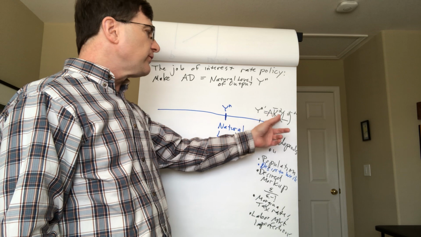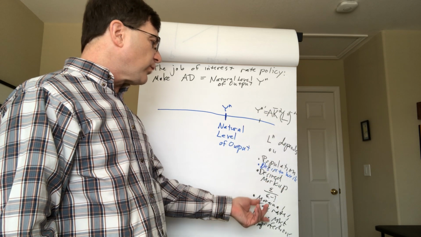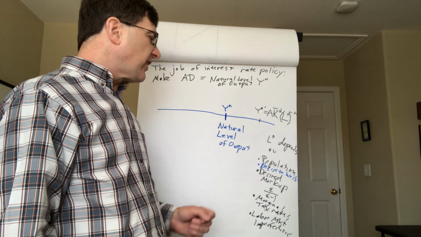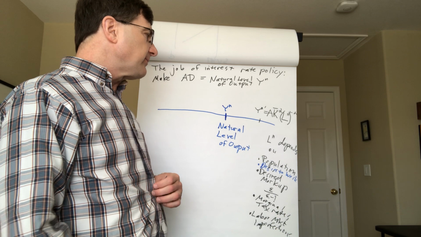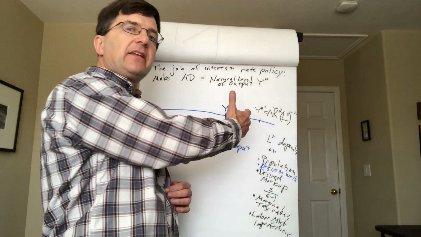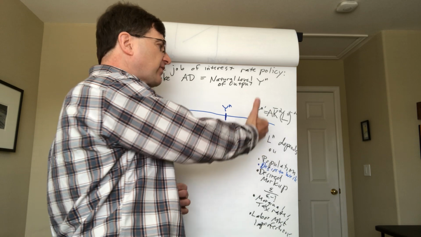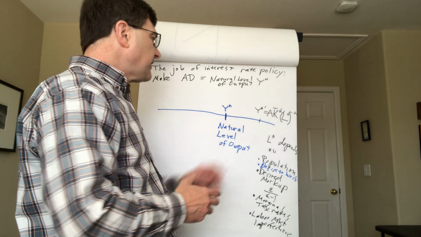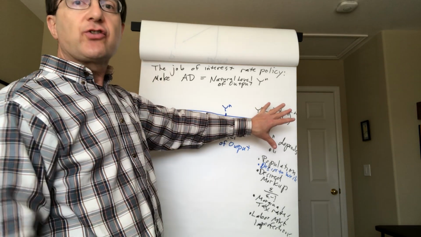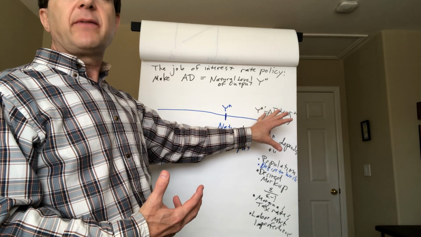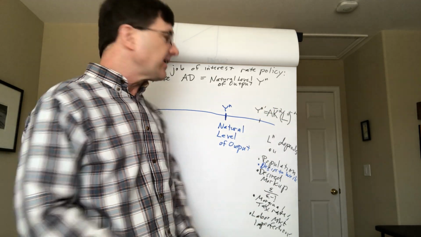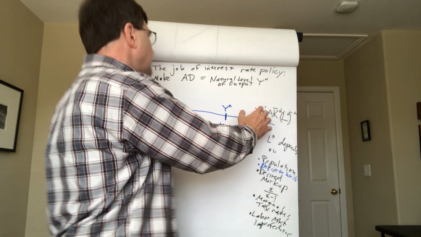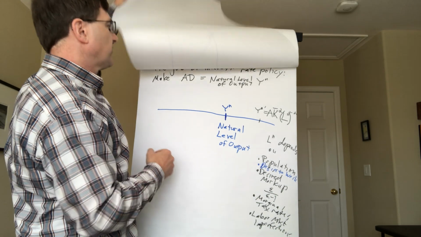But if technology improves, if somehow you have a reduction in one of the wedges, or an increase for that matter, if somehow the desire to work changes or the population changes, then you need to change interest rates to have aggregate demand match that natural level of output. But otherwise, it's just undo any shocks to aggregate demand. If something makes aggregate demand change, undo that. Make aggregate demand go back to where it was. So if we don't have this change, we just want to stay there. And what could happen to disturb things? Well,